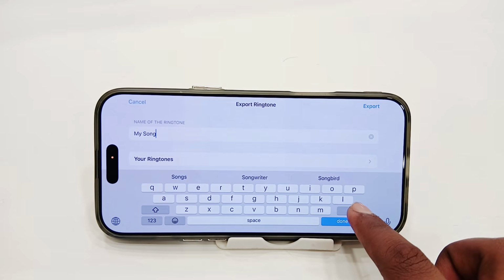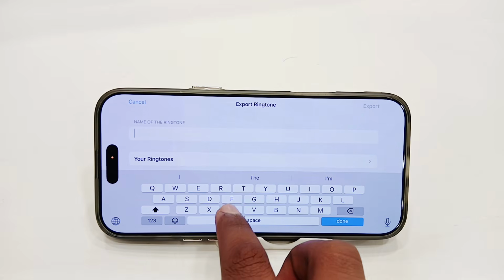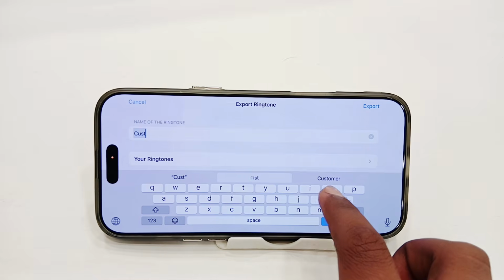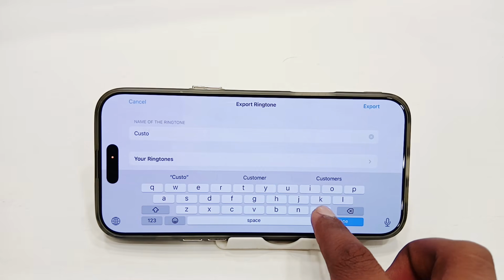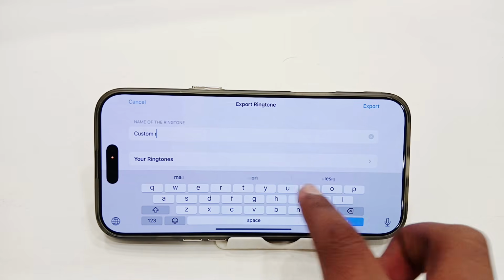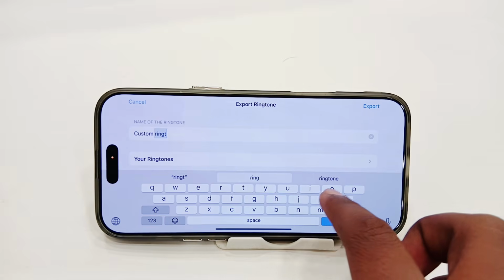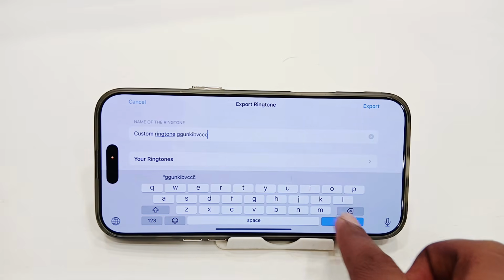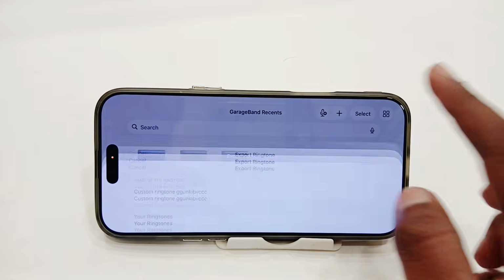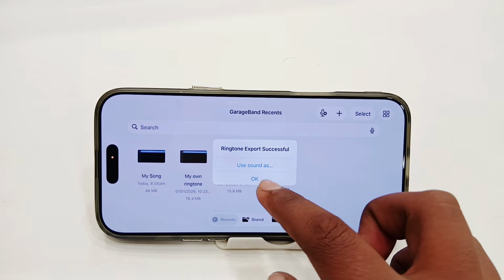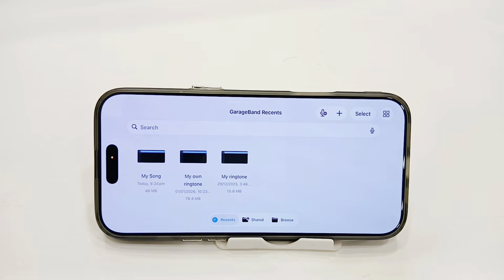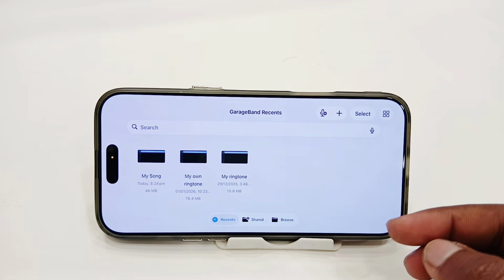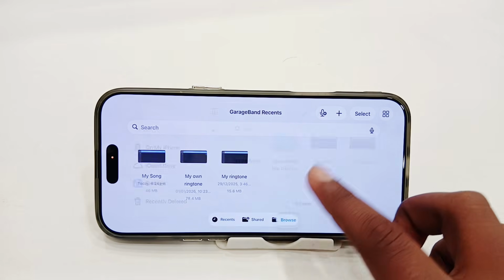Now just tap on this my song and you can rename it if you want. Let's say I'm going to select custom ringtone. Just select custom ringtone. I'm also going to enter some random numbers here. Then tap on export. Once I've done that, just tap on OK. So your ringtone is now ready. Just go back